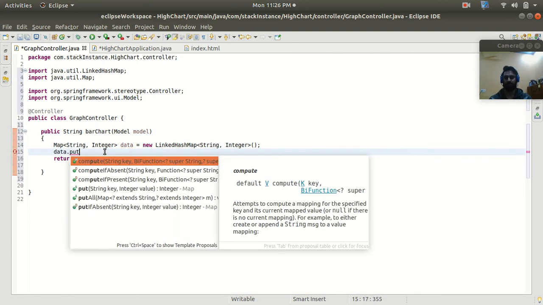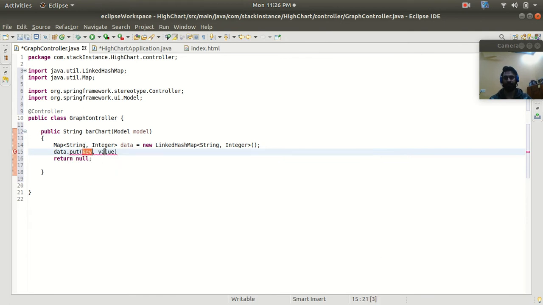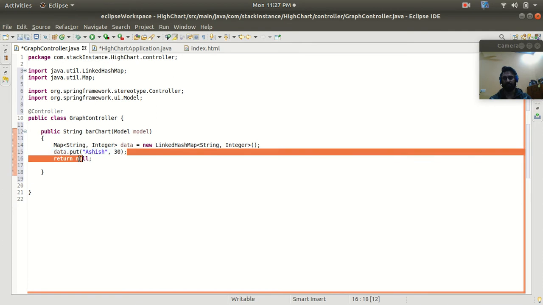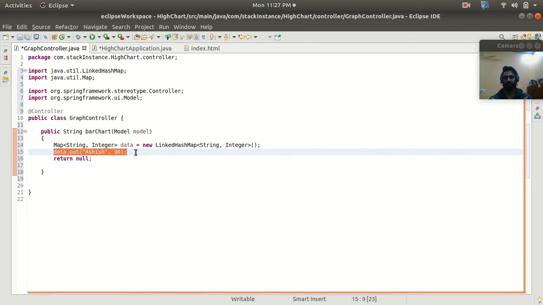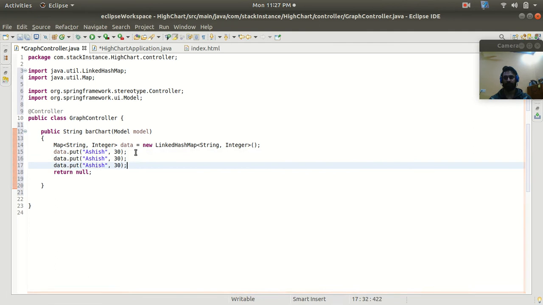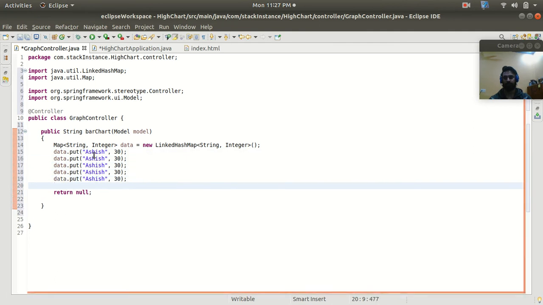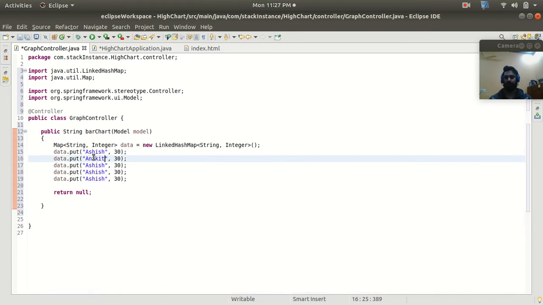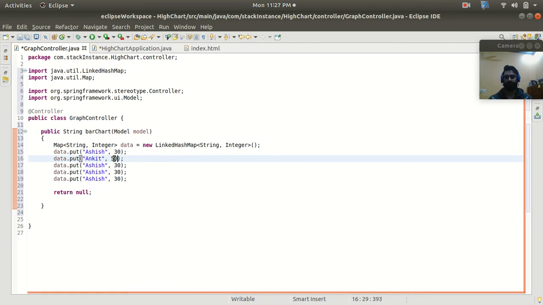Now let's add the data to the LinkedHashMap. For that we are going to use the put method, and as a key I'm going to pass the name of the person. I'm going to pass the name as Ashish, and as a value the age of the person, let's say 30. So 30 is the age of Ashish. Now let's add more data to the LinkedHashMap. Let's provide the second key as Ankit, and Ankit's age is, let's say, 50.